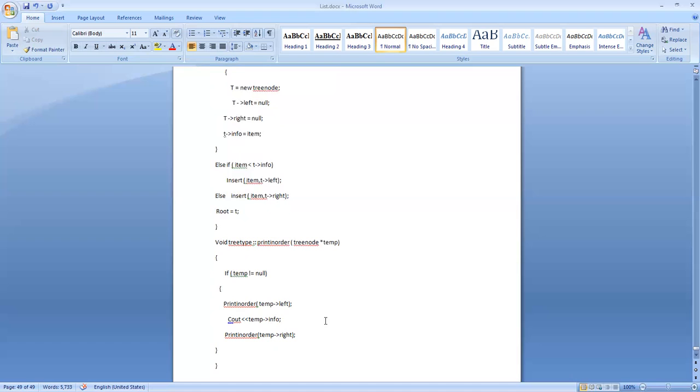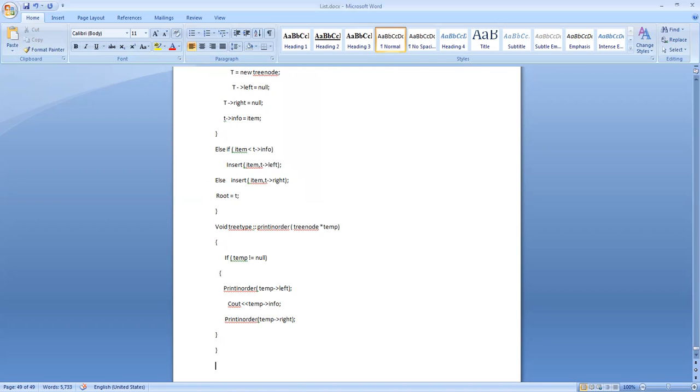Then I move to the right child. When you call it recursively, left child, parent, right child, left child, parent, right child, this is called again and again, and you will get that in-order way.